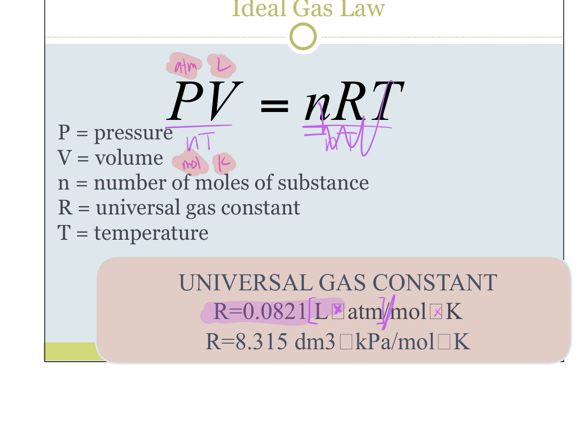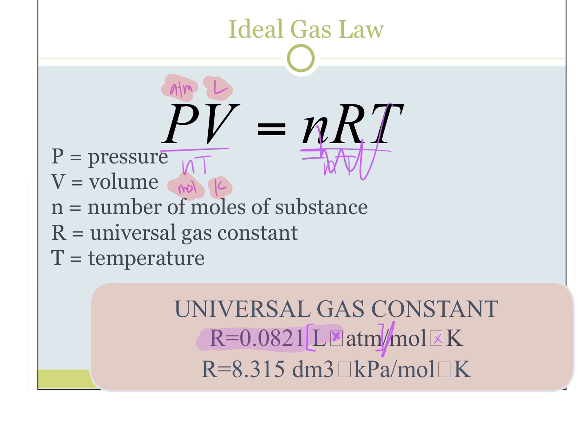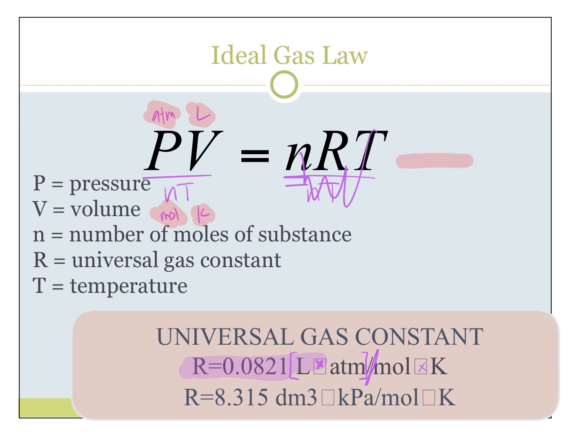So these are the ones where we must convert. Before, we didn't have to move volume as long as they were the same, but this is a must convert. Do you see the difference? Okay, tell me what's the difference between this equation and the ones we saw yesterday or 2 days, whenever we had class. What's the difference? I think there's kind of one big difference between the ideal gas law and the combined.